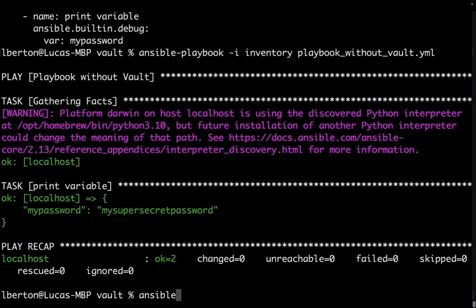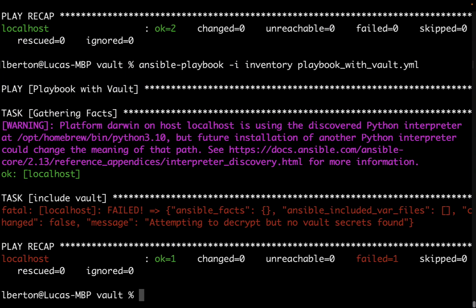Now, what happens if we execute the same command, ansible-playbook specifying our inventory, using the playbook with vault? Well, we obtain an error because Ansible doesn't know the password to open the Vault. So it's printing attempting to decrypt but no Vault secrets found.